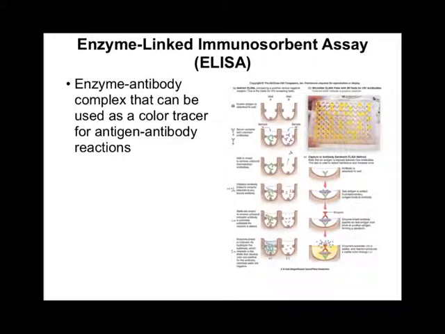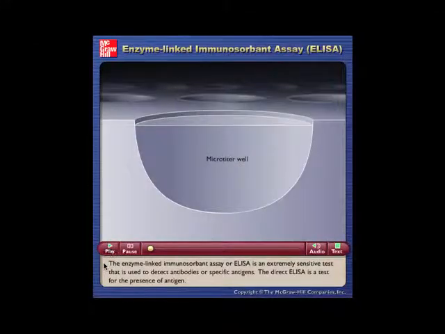Finally, we'll look at ELISA, enzyme-linked immunosorbent assay. This is where we use an enzyme and an antibody complex instead of an antibody and a radioactive isotope. Essentially, we form an antibody complex that can be used as a color tracer for an antigen-antibody reaction. Let's look at a quick animation of how ELISA works, because it'll be much more productive than me explaining the figure on the right. The enzyme-linked immunosorbent assay, or ELISA, is an extremely sensitive test that is used to detect